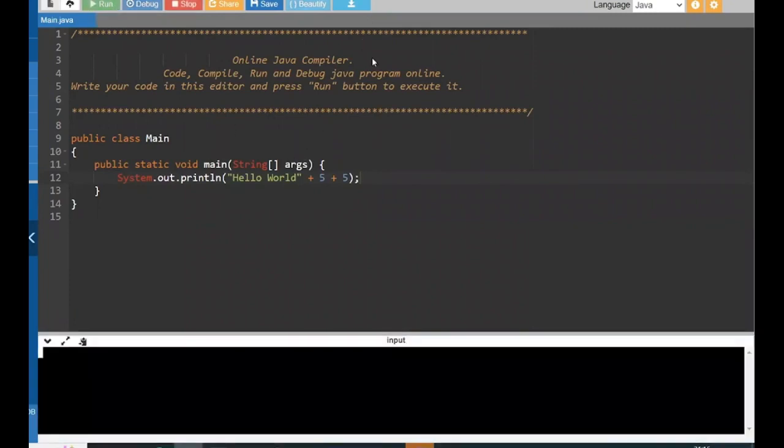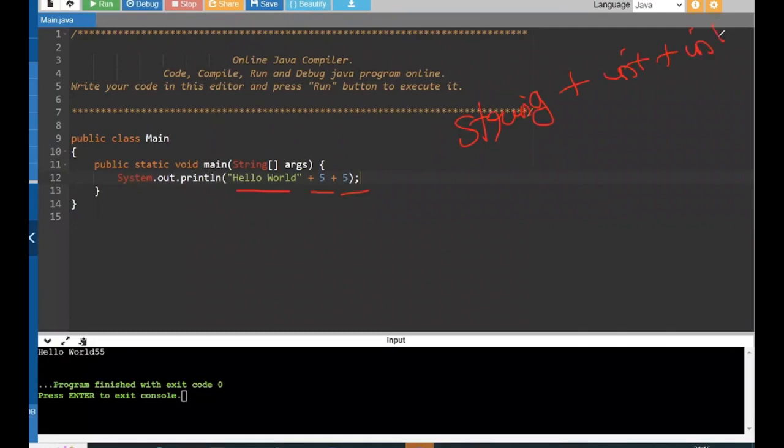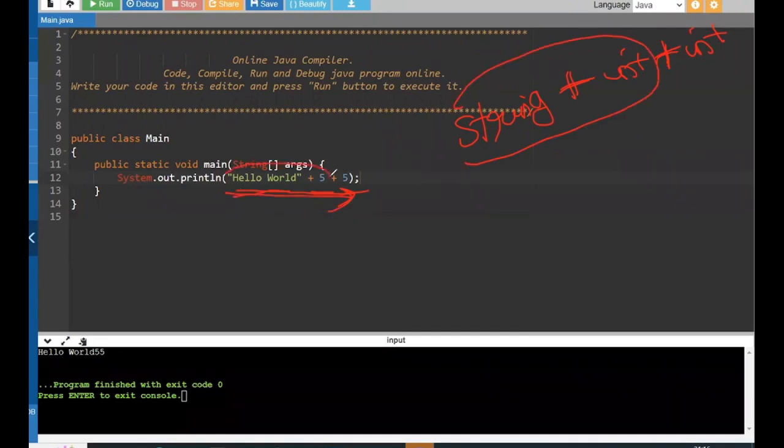What is happening, guys? You have a string plus int, right? So what is my expression? String plus int. And see, guys, the order of evaluation is from left to right. The expressions are evaluated from left to right. So your plus operator, you evaluate it from the left to the right. First of all, this string plus int will happen. When you are evaluating from left to right, first of all, you will evaluate this thing. So string plus int, this will be typecasted to a string implicitly, and you will get the output as